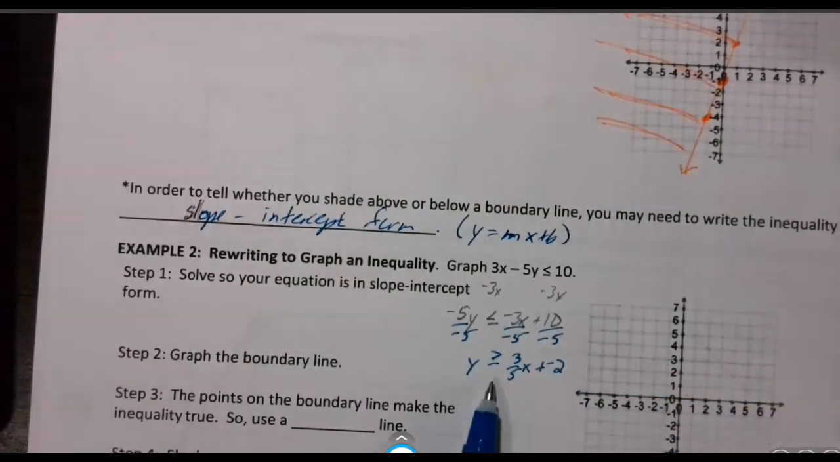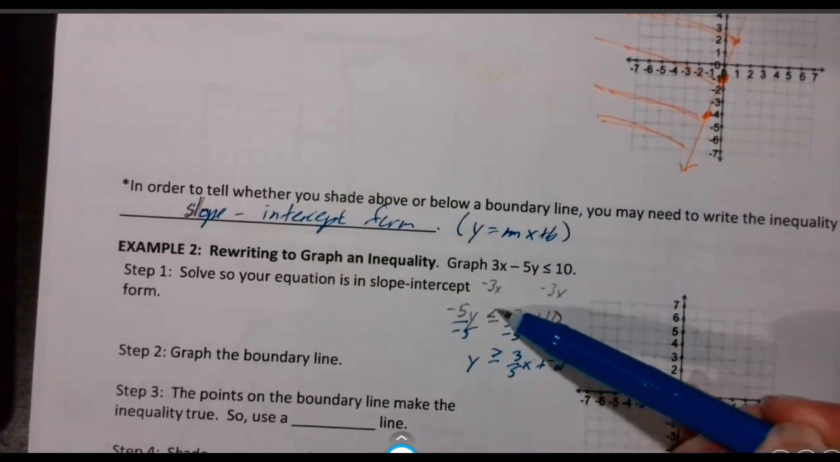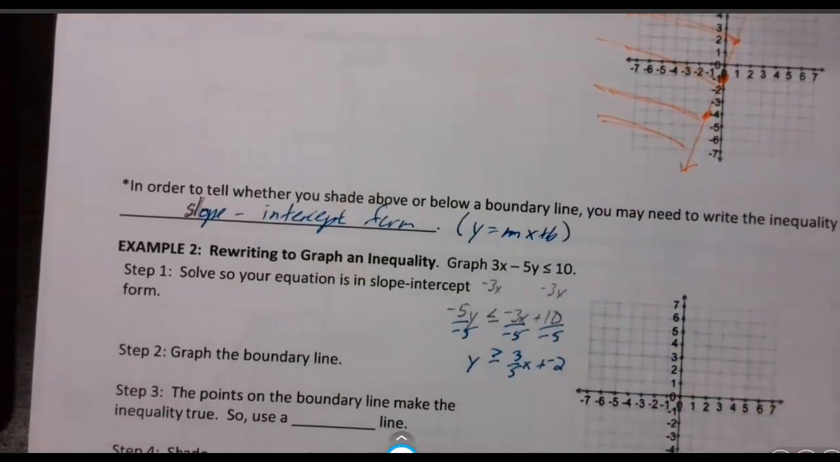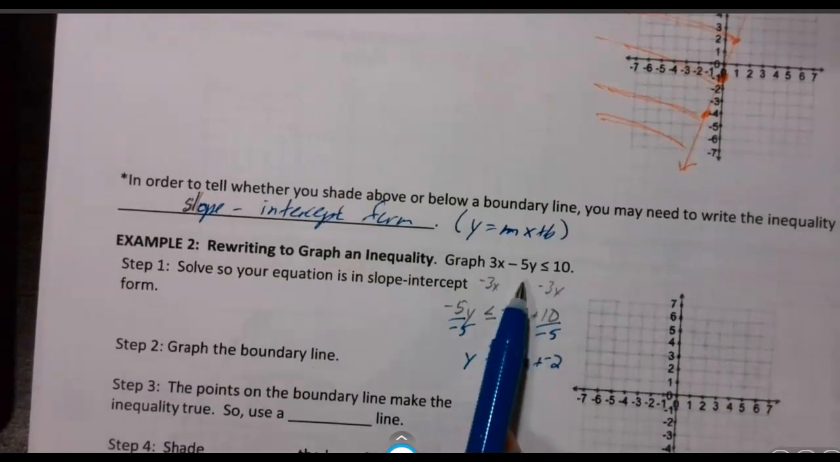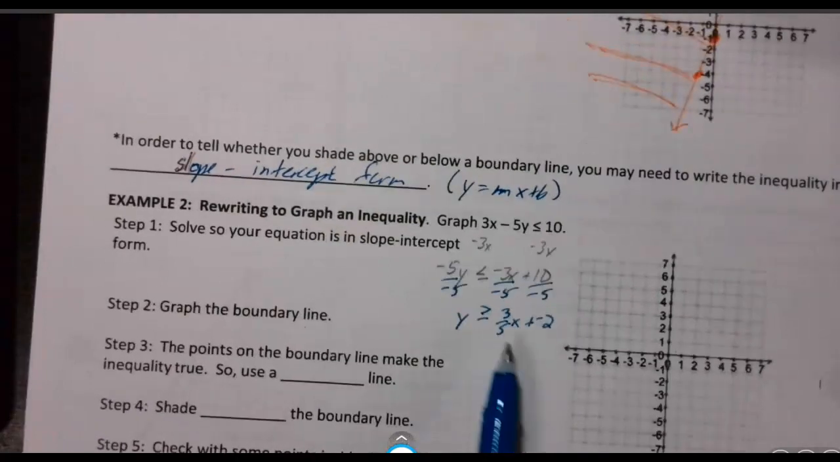Okay, so my inequality sign actually switched because I divided by a negative. That would have been a positive 5, no switching. But see how I went from going left to going right. So less than sign to a greater than sign. So really important if I divide by a negative. If I don't divide by a negative, don't worry about it. Okay, so now we're going to